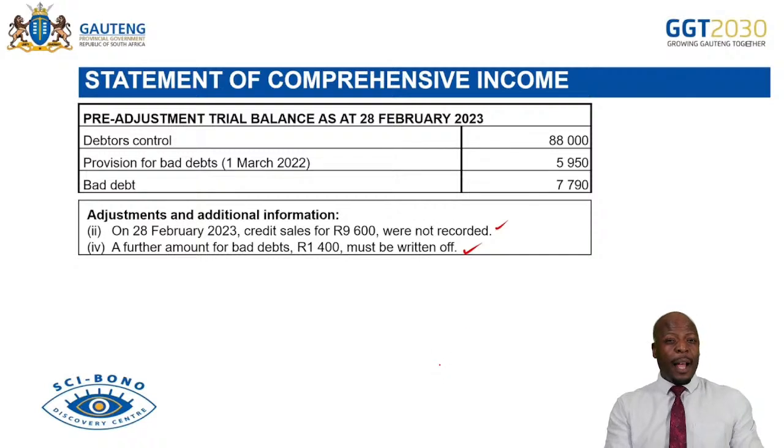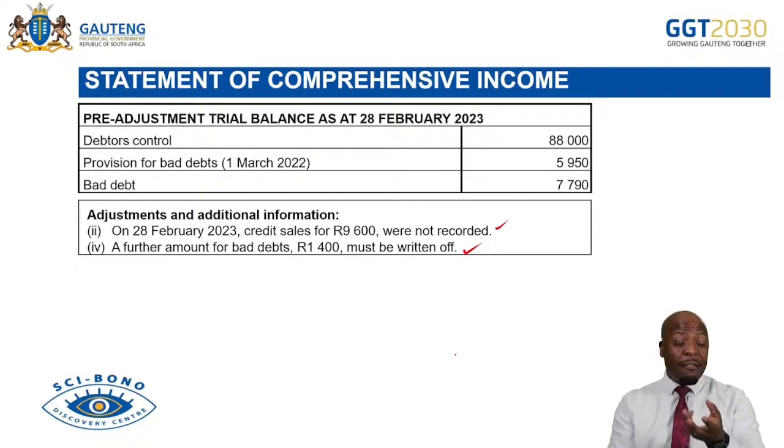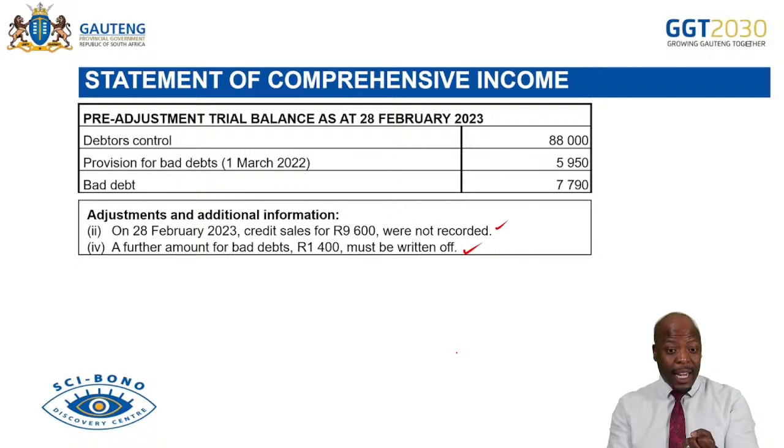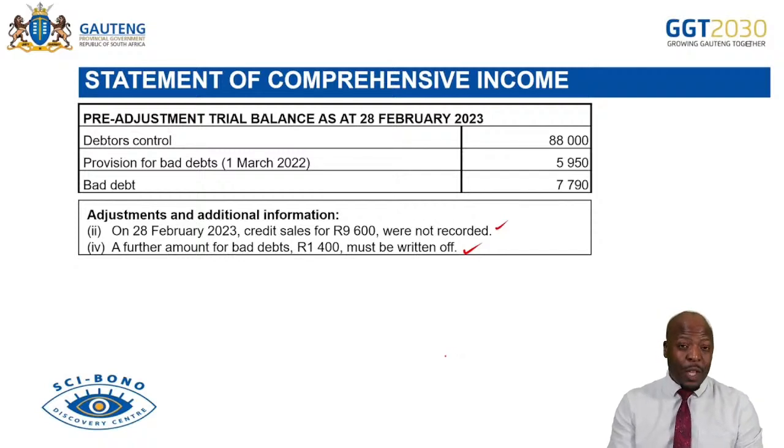Okay, let's see. I think you have seen now that our adjustments are related. We had adjustment number 1, which spoke about the markup. It related with adjustment number 2, which spoke about the goods that were not recorded. And our adjustment number 2 of the goods not recorded related with adjustment number 3, which gave us the physical stock on hand. Okay, so it is very important that you relate these adjustments. And then now you see adjustment number 2 now relates with the adjustment that has to do with bad